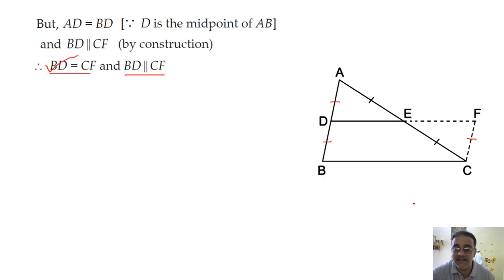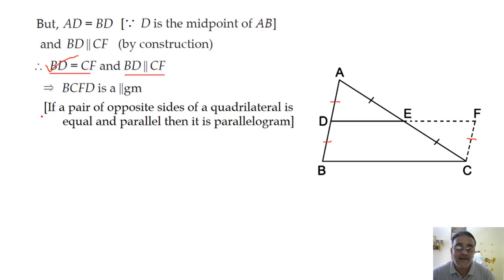And these two are parallel by construction. So in this quadrilateral, one pair of opposite sides is equal and parallel. So that means it is a parallelogram. BCFD is a parallelogram. So reason में क्या लिखेंगे? What you have to write in reason? In a quadrilateral, opposite sides are equal and opposite sides are also parallel. पूरा तो नहीं है ना, only one pair. So हम लोग क्या लिखेंगे? A quadrilateral is a parallelogram if one pair of its opposite sides is equal and parallel. Or: if a pair of opposite sides of a quadrilateral is equal and parallel, then it is a parallelogram.